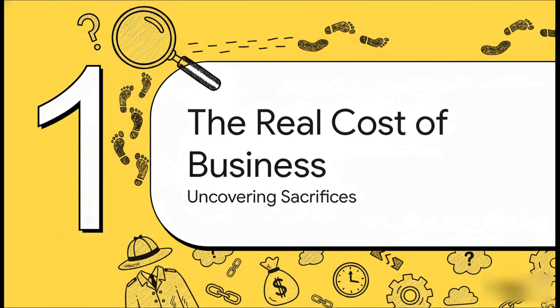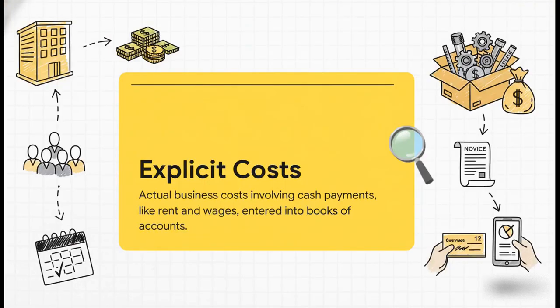To really get at economic cost, you have to think like a detective, okay? You're looking for the clues that would never, ever show up on a normal spreadsheet. First up, the obvious ones: explicit costs. Just think of these as any cost that leaves a paper trail. They're the direct out-of-pocket payments you make for stuff: the rent for your space, the salaries you pay, the bills for your materials. If money actually leaves your hands for it, boom, it's an explicit cost. They are concrete, they're measurable, and they are the entire world of financial accounting.